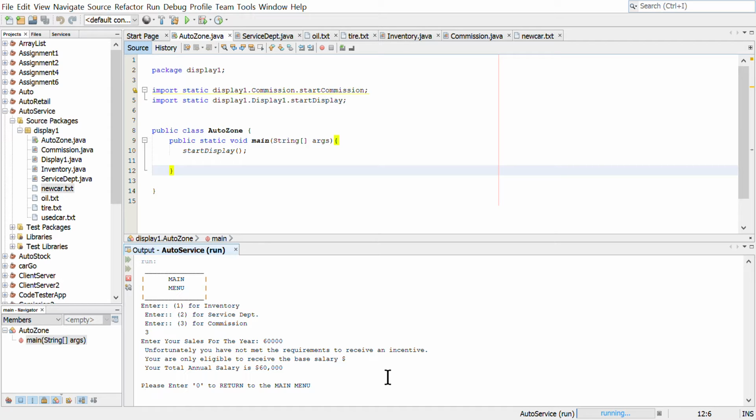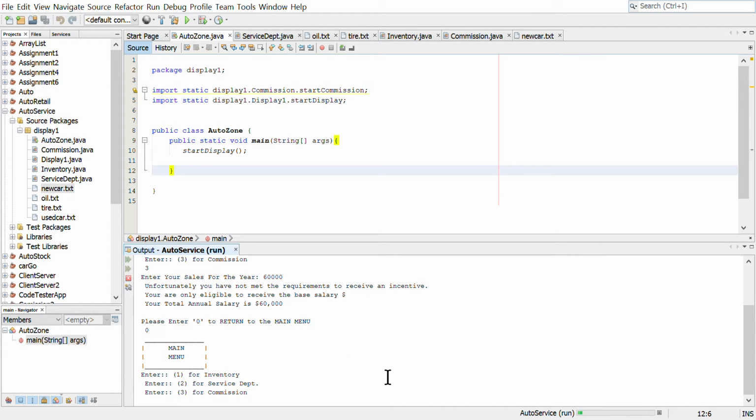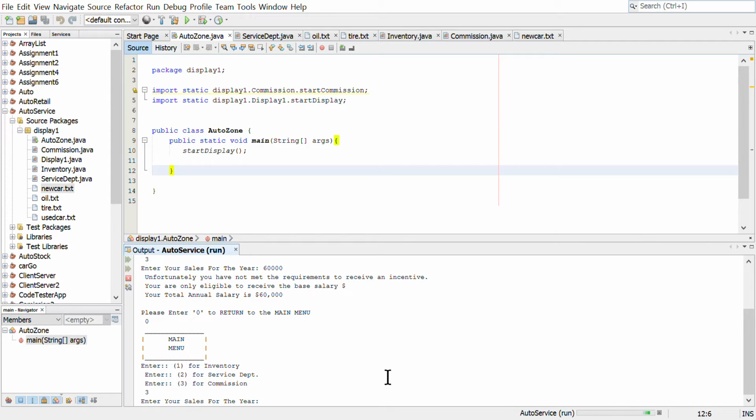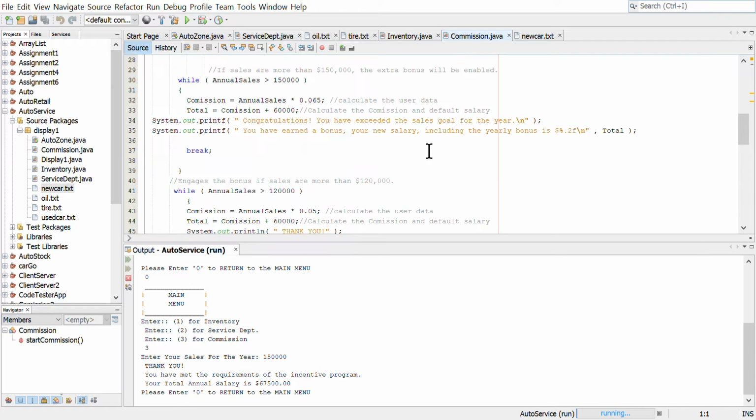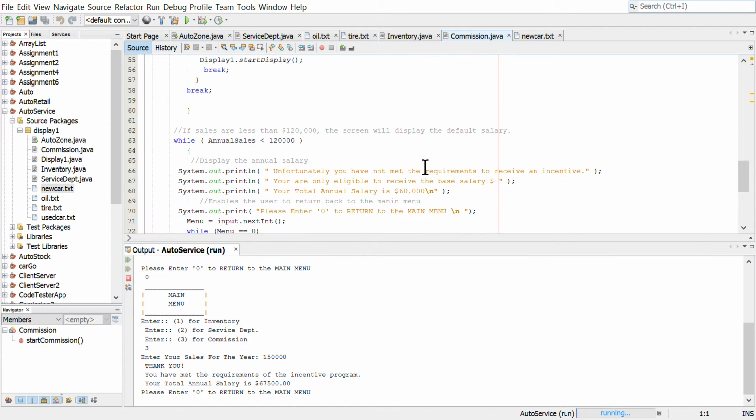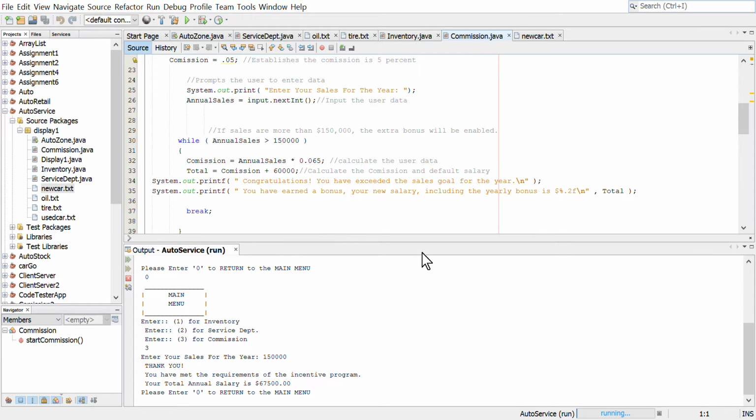to the main menu. From there, return to the main menu, and then if you are another salesman and you want to see if you're a good salesman and you made 150,000 a year, it'll say, thank you, you have met the requirements of the incentive program, so your total annual salary is 67,500, and it's all here. The calculations are here. I decided that 60,000 in sales isn't enough, so this is what you have to make to get an